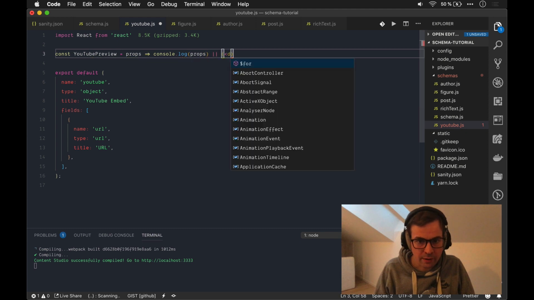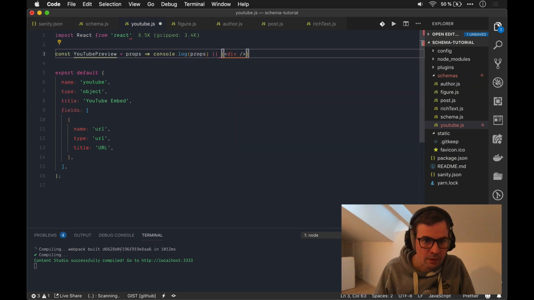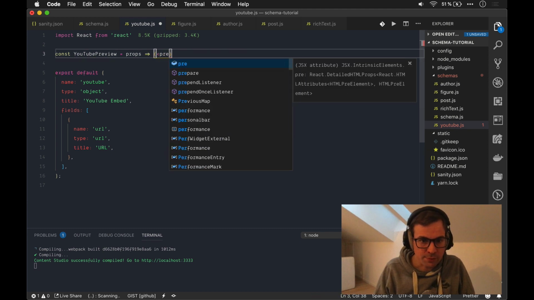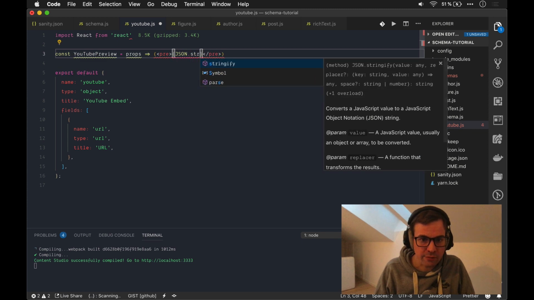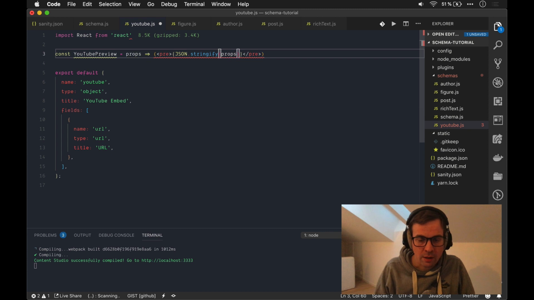and return an empty div. But another trick is to actually use the pre-tags and JSON stringify the props. And to have some nice indent, you can pass null and 2. So this is a 2-spaced indent. And